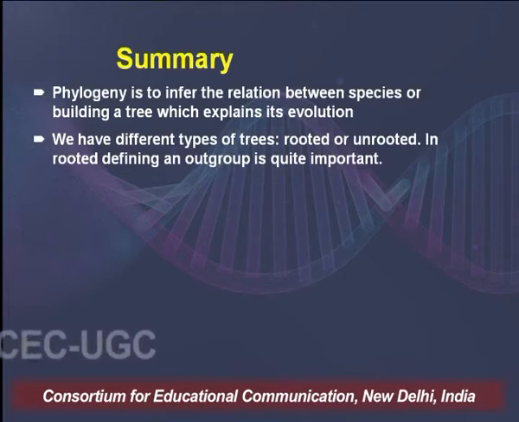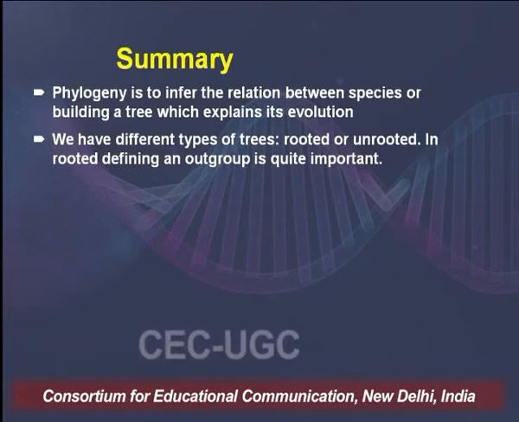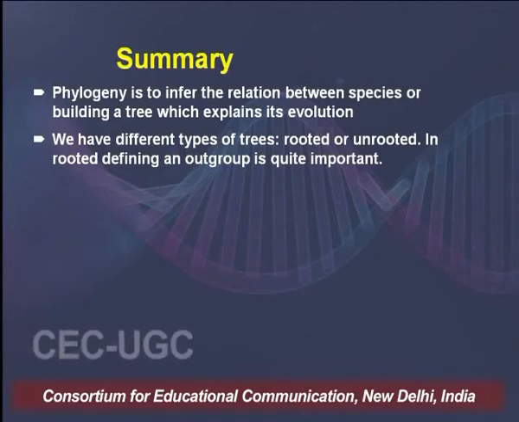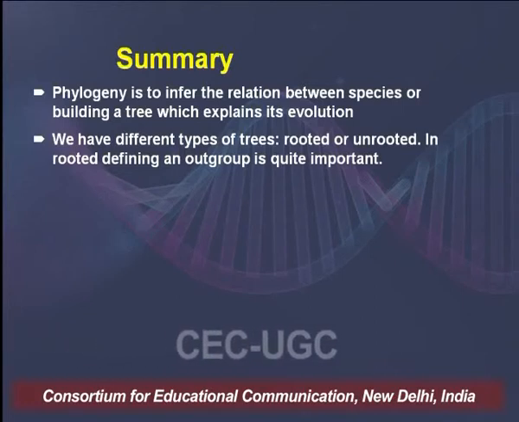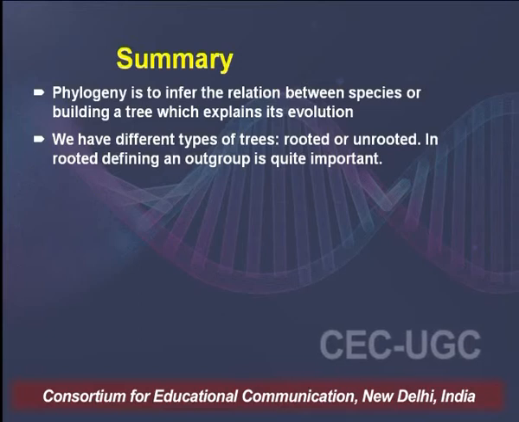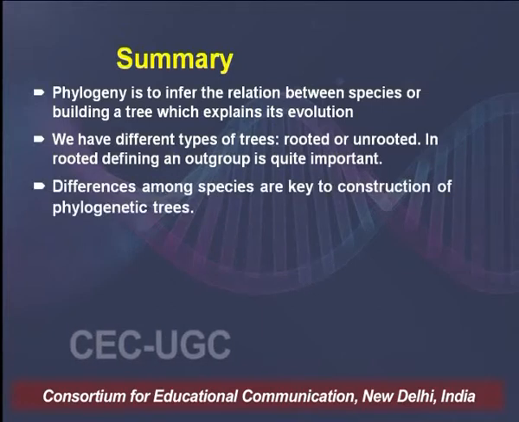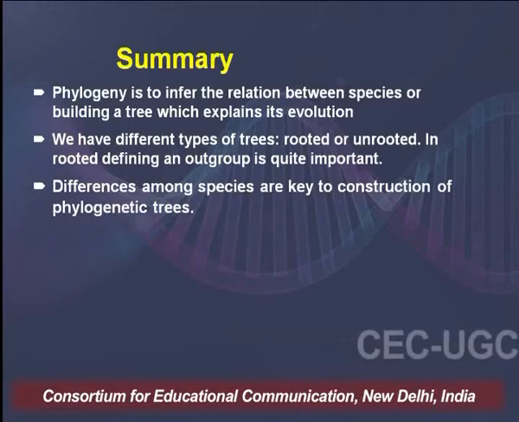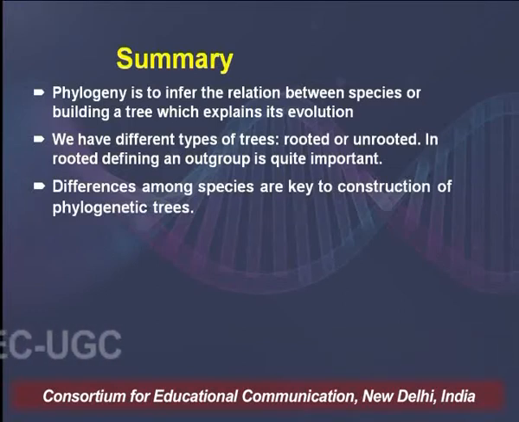I showed you those with very good examples, and it was quite easy to understand the concept of outgroup. And with the help of my sequences, I showed you how important it is to decide a proper outgroup, because it has to be from an unrelated sequence belonging to unrelated taxa. We have to have differences among species if we want to build a phylogenetic tree, because the difference is the key for